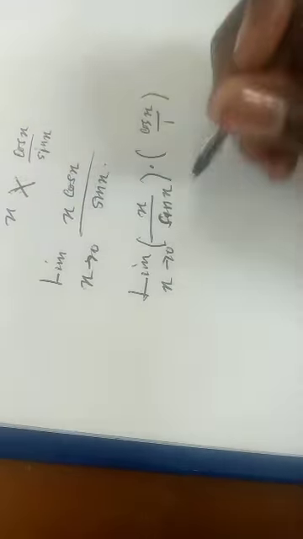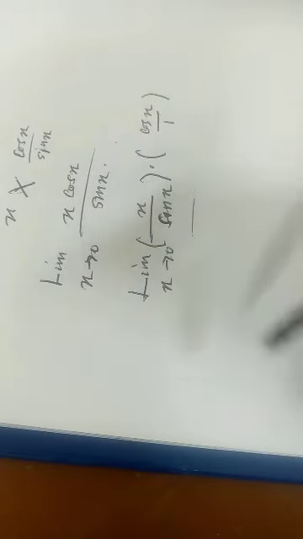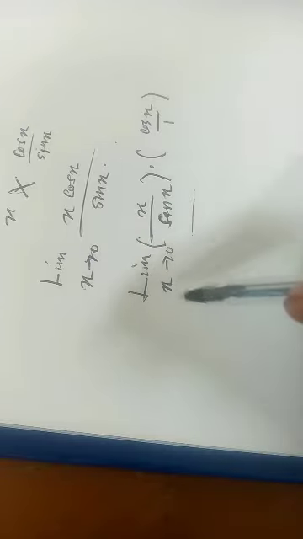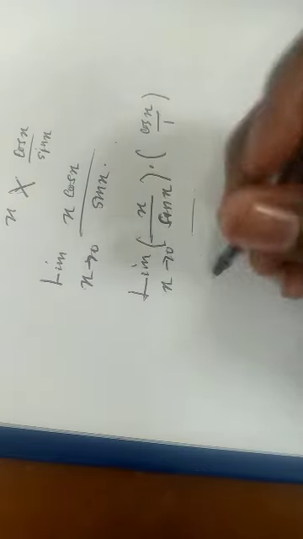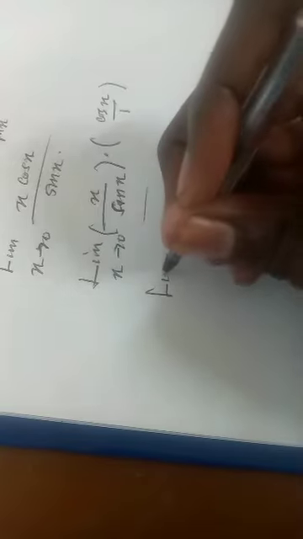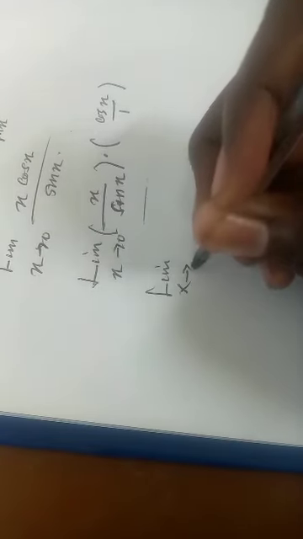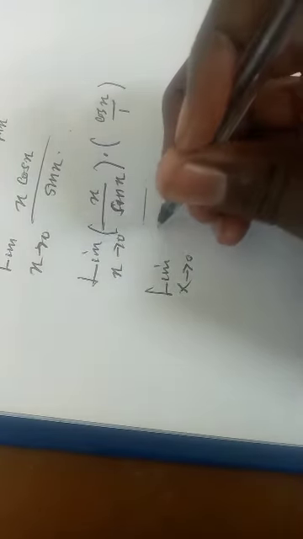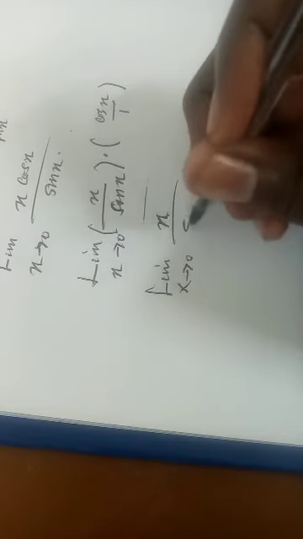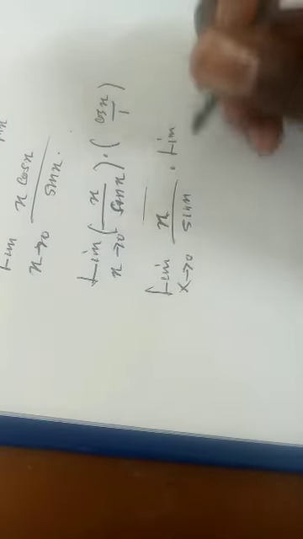Take note of this, the key was just about that, because you are going to distribute the limits throughout, something like this: limit as x approaches 0 of x over sine x, times again the limit as x